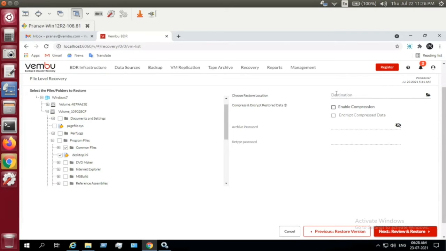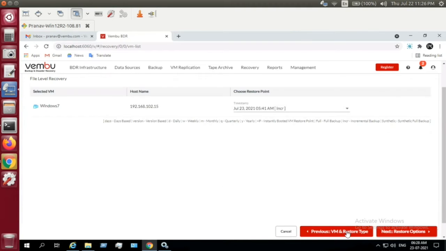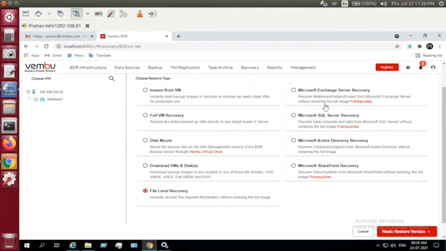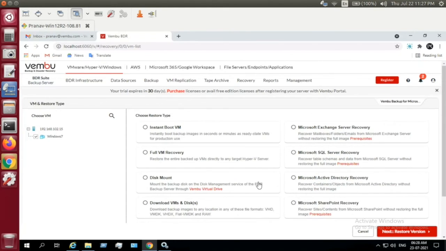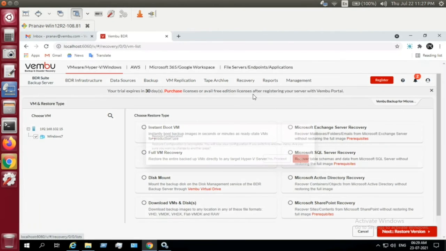This, you can restore it to a particular destination in your VDF backup server. If you enable compression, what we do is we'll just give you a link, so you can use that link to restore the compressed restored file or application data to any of your machines. So that is what this file level recovery is all about, and it is the same for this application level recovery also. So both are granular recovery options. So yes, this is what your restore options is all about.